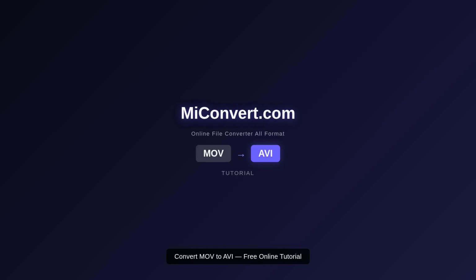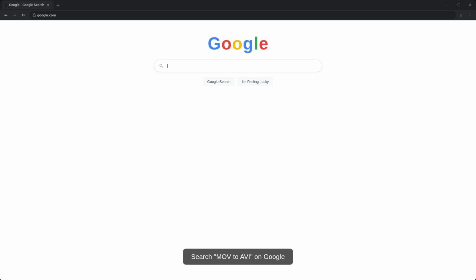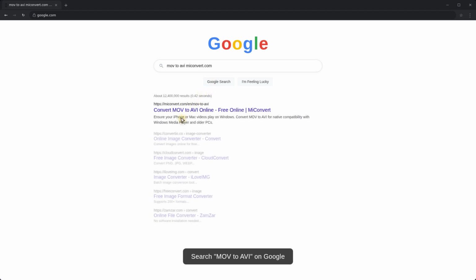Welcome to MiConvert. In this tutorial, I'll show you how to convert MOV files to AVI format, completely free and online. Open your browser and search for MOV to AVI. Click on the first result to go directly to the